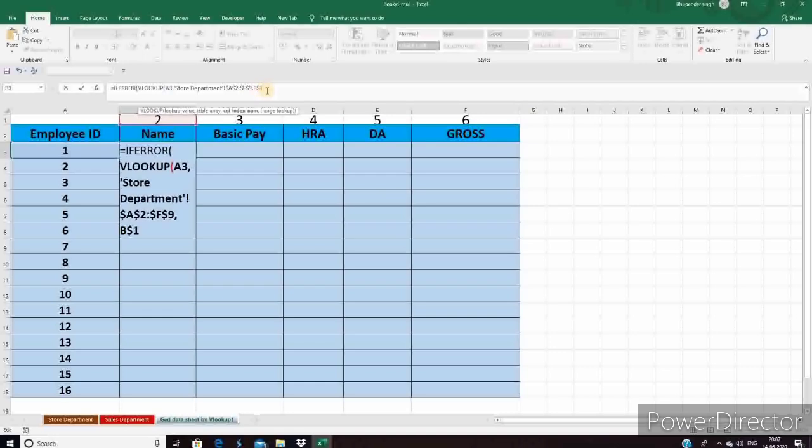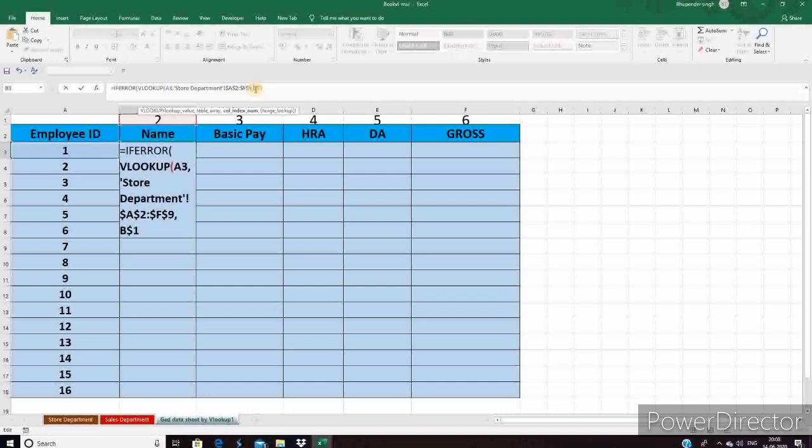So our column index number is mentioned in B1 cell. That's why we select B1, so that we have no need to put column index number again and again. Our formula will automatically understand by using first row numbers. So we select 1. Reason behind selecting 1, because we are going to drag this formula down. And if you put a dollar sign right here to freeze B, the B1 cell column index number will freeze.